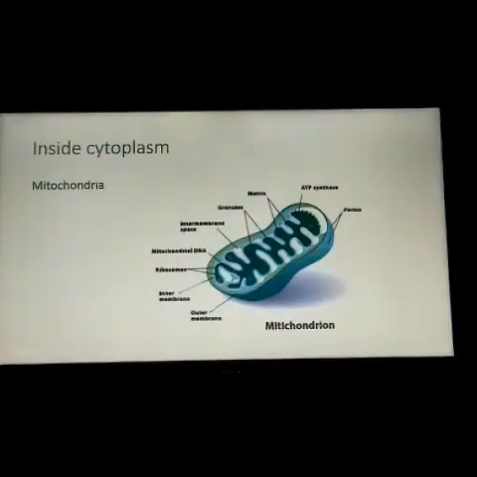Now let us see what will be there inside the cytoplasm, or what are all the cell organelles which will be there in the cytoplasm. So the first one is mitochondria. It is generally known as the powerhouse of a cell. Do you remember learning about food as the energy source for the body? The food that you ate has to be broken down in order to release the energy, right? The food which we are taking should be broken down to release the energy, and mitochondria does that work. It is responsible for that function.